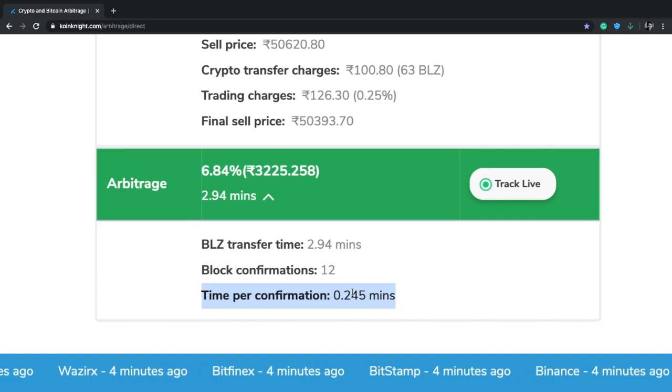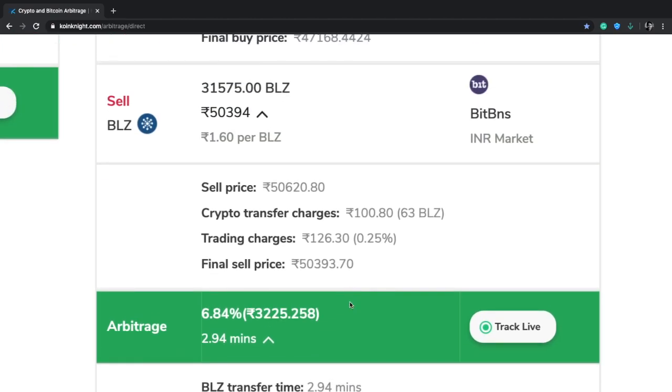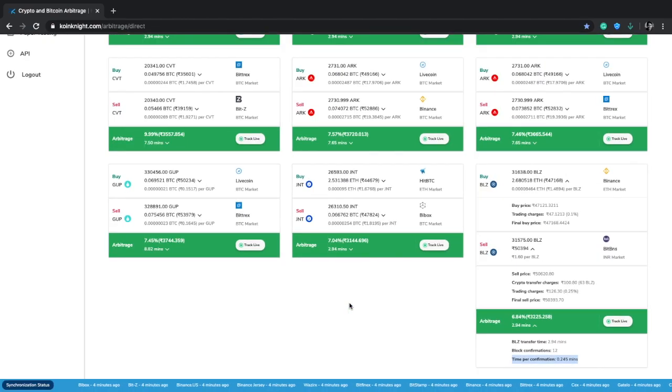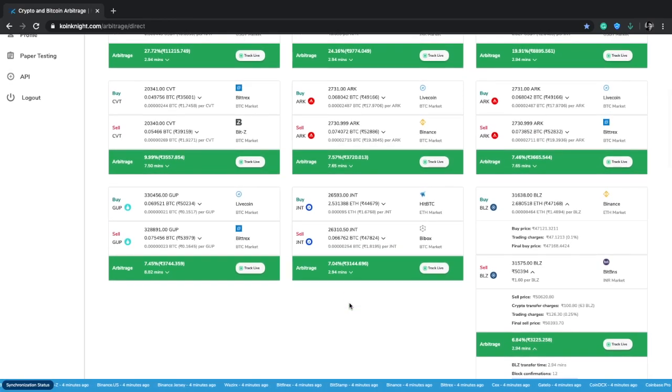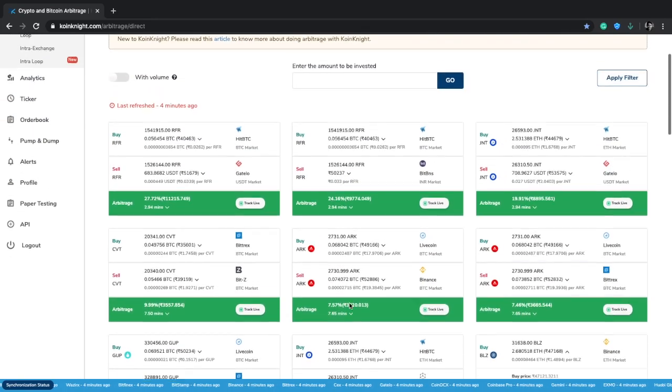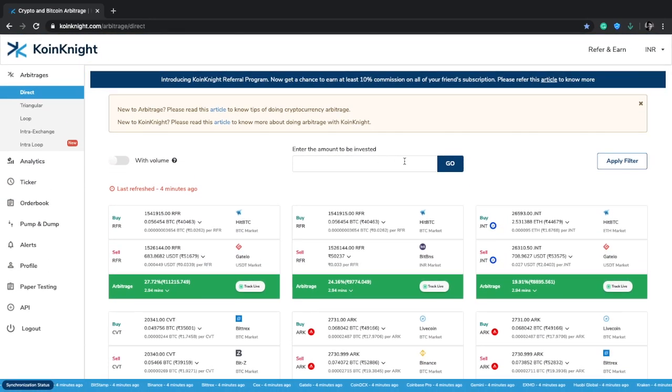So, before moving forward, a very important thing to notice is the initial amount used for calculating the arbitrage. The amount has been assumed by the system, and to change or customize it according to your preferences, just click the input box mentioned at the top and enter the amount you wish to use for the arbitrage. For example, in this case, let's enter 10,000 INR. Now, the amount will be in the fiat currency that you have selected.